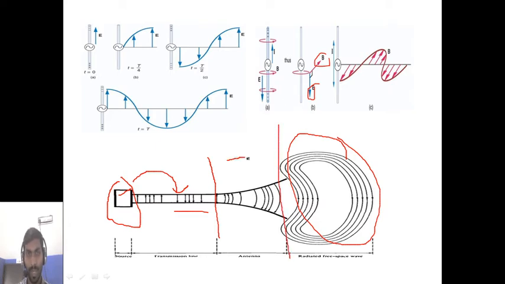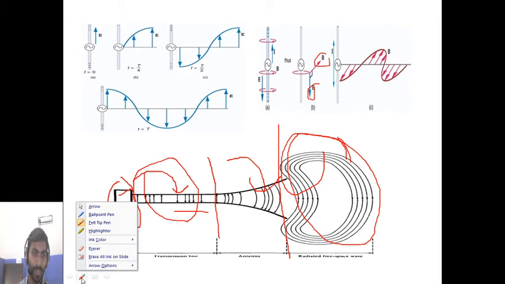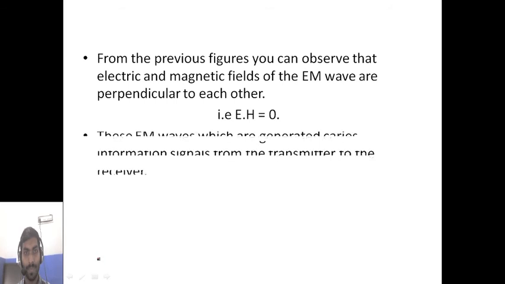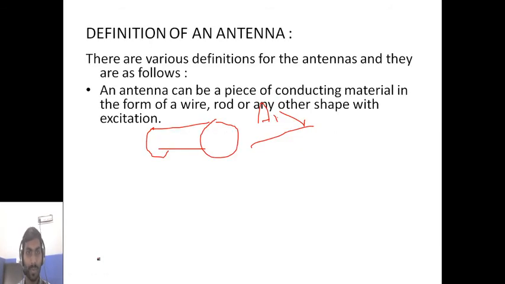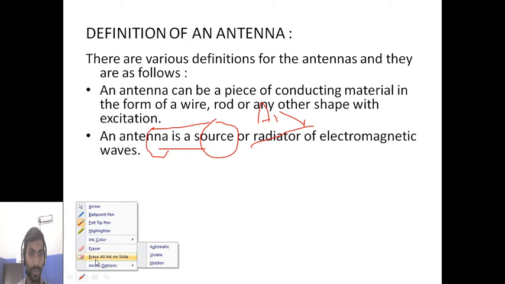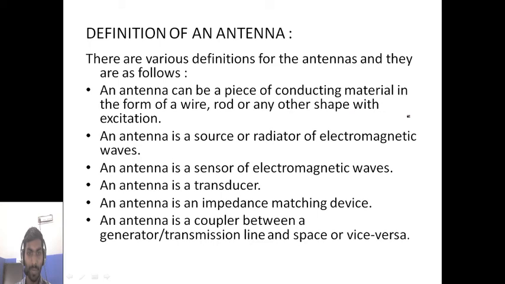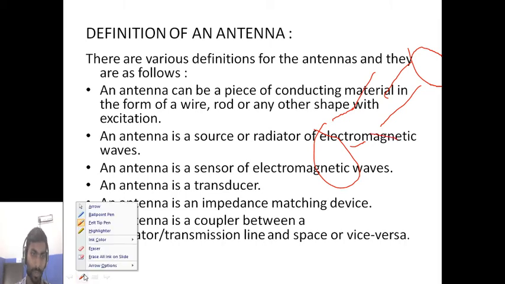In between, you will have your antenna, which is going to match this transmission line's impedance with the impedance of free space. So we call an antenna a coupler. It is going to do the coupling job between them. That is what we have said here. An antenna is a coupler for the transmission line. In a similar way, from the free space you receive the signal and transmit it to the transmission line and then the receiving device. In between, you will have an antenna which acts as a decoupler or coupler.